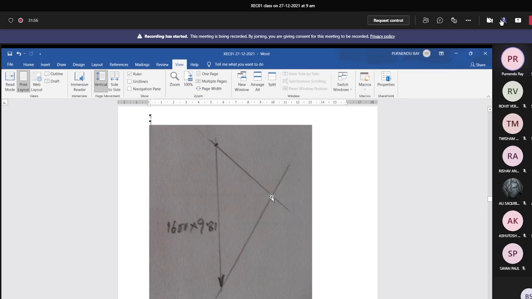Of course, error will be there. It depends on your manual drawing skill. And in any scale, 1 millimeter is the minimum reading. So by eye estimation, you can estimate up to half of that, but not any finer fraction. If it is 0.2 millimeter, it is not possible. Only analytically with our calculator it is possible, but this gives at least some gross idea about the magnitudes and their comparison. At least we can say the force SCB is greater than force SCA.